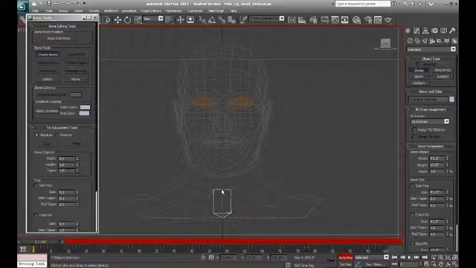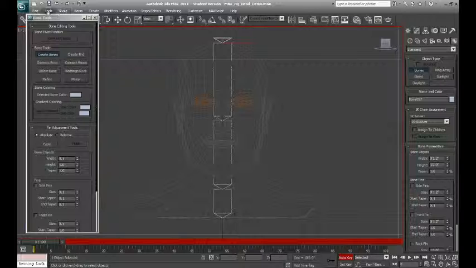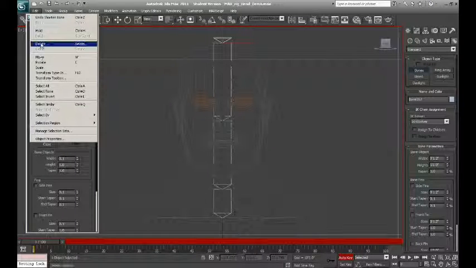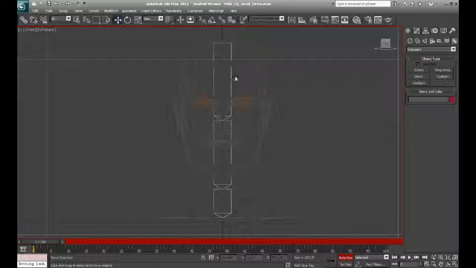And what I do is between the shoulder blades, at the base of the neck, at the top of the neck, and that's usually right at the bottom of the ears. Some people like to put it right where the eardrums would be. And then I go to the very top of the head, and I just go ahead and delete that top one there. Alright, and once you have your bones, you can select those